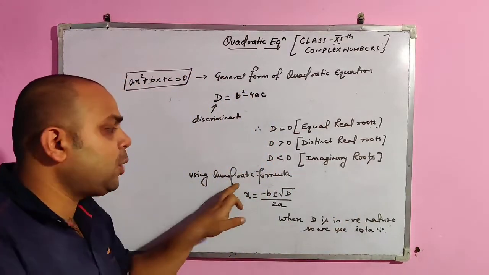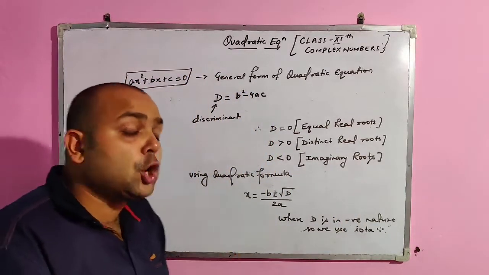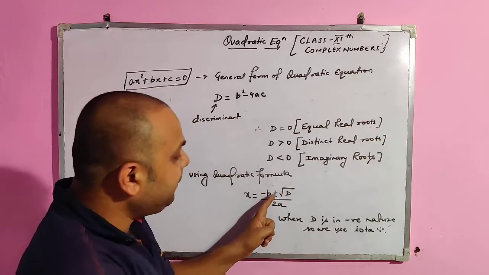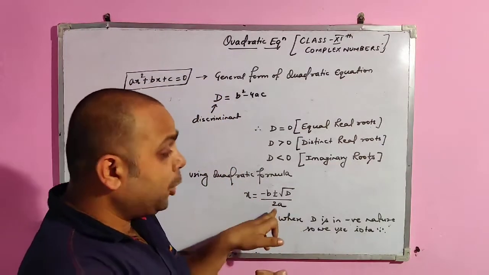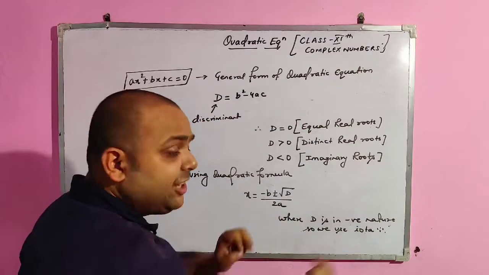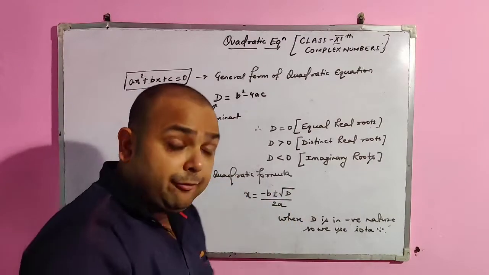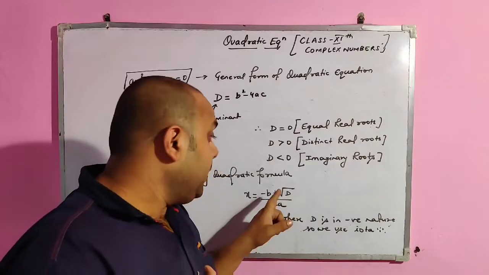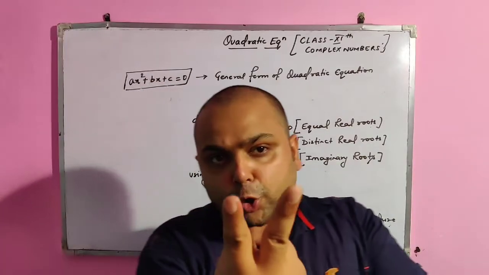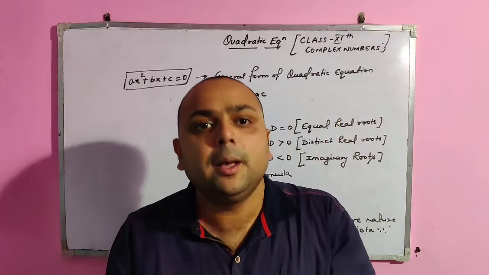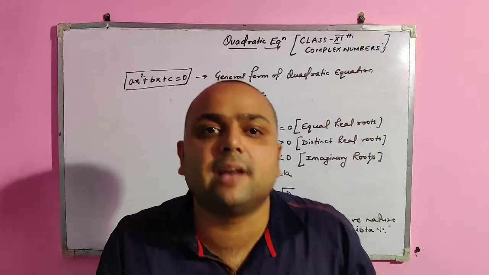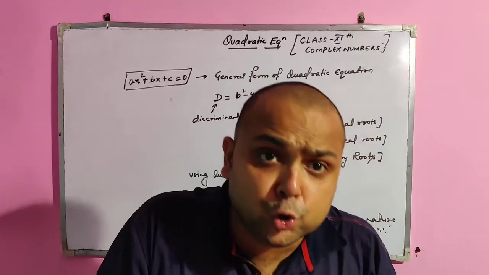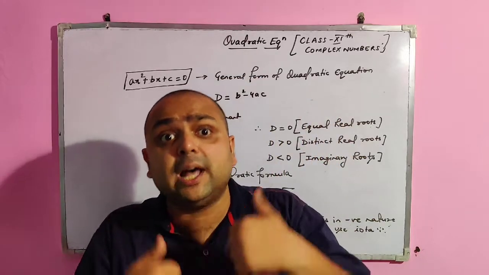Now, using the quadratic formula, which is also called Sridhar-Acharya formula, x equal to minus b plus minus root d upon 2a, where d is negative, which gives us the idea to use the complex number here. Plus minus indicates that we have two solutions, two zeros, that is alpha and beta. Now I will show you some examples which will help you understand how to calculate the solution of the quadratic equation when the roots are imaginary.